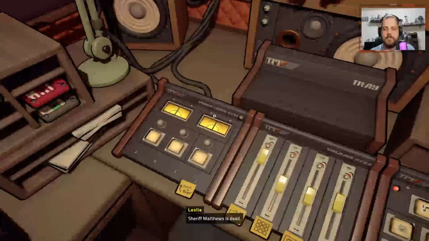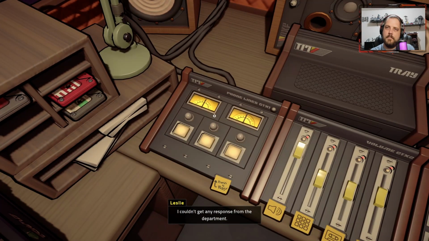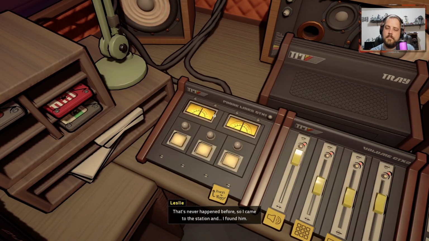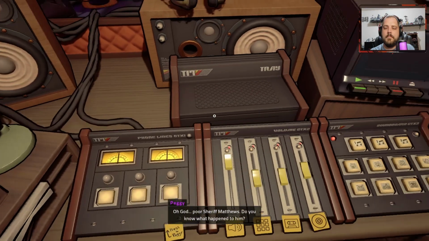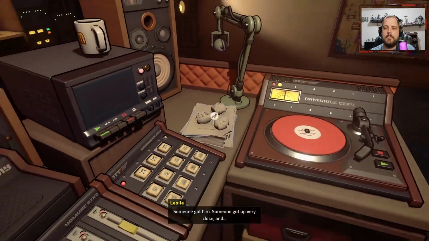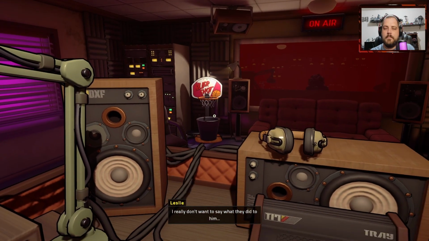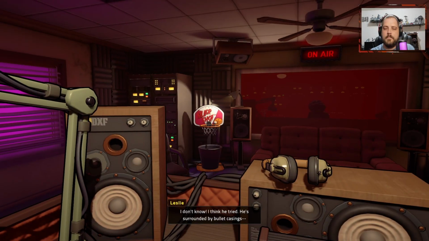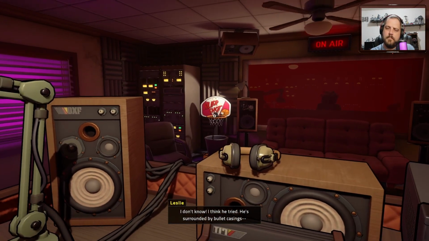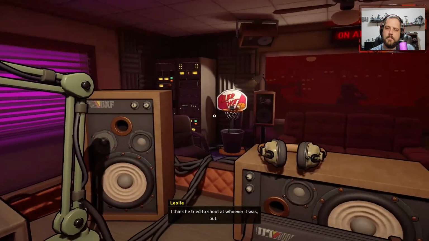Sheriff Matthews is dead. What? Sheriff Matthews is dead? I couldn't get any response from the department. That's never happened before, so I came to the station and I found him. Oh, God. Poor Sheriff Matthews. Do you know what happened to him? Someone got him. Someone got up very close and I really don't want to say what they did to him. Did he fight back? I don't know. I think he tried. He's surrounded by bullet casings. I think he tried to shoot at whoever it was, but